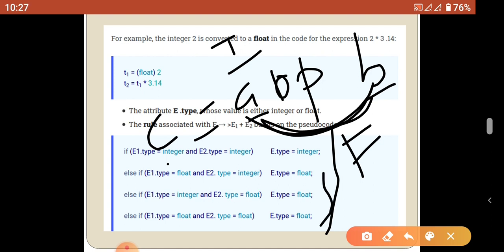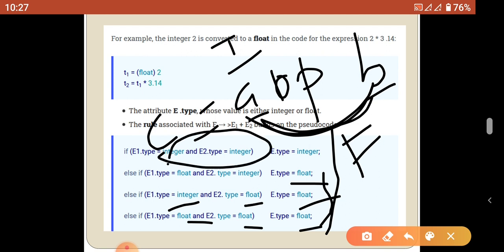E1 float, E2 integer means the result is a float. Integer and float, the result is a float. Float and float, the result is a float. Only integer and integer gives an integer result; otherwise all the results should be floating. So the compiler always converts the lower data type into the higher data type.